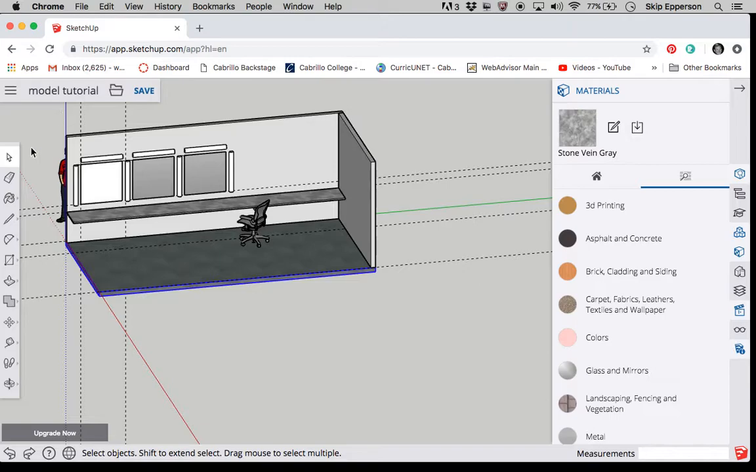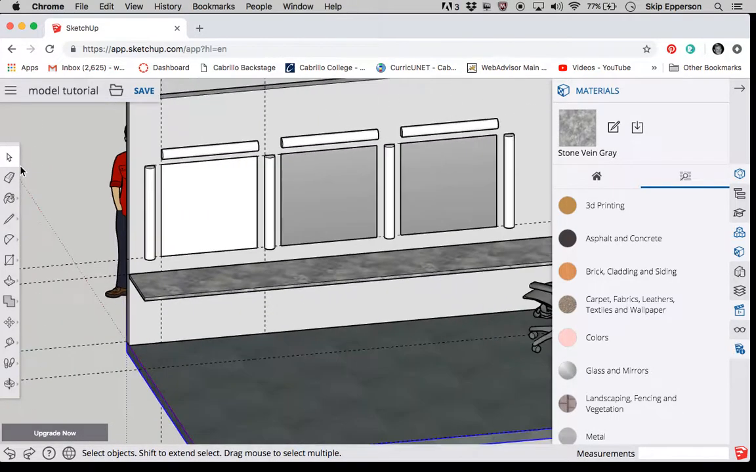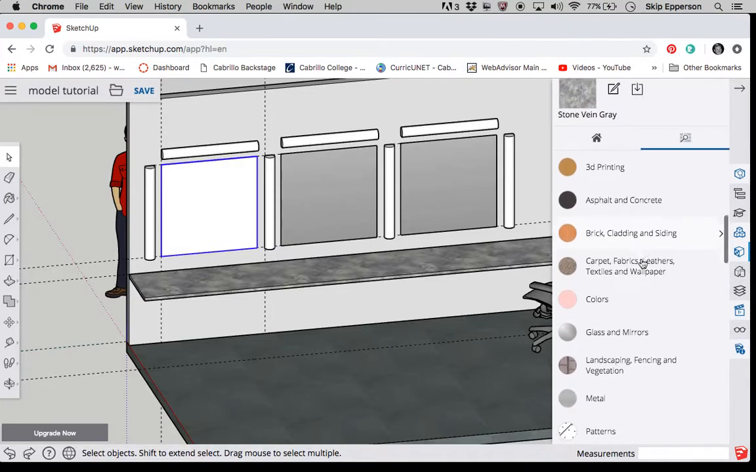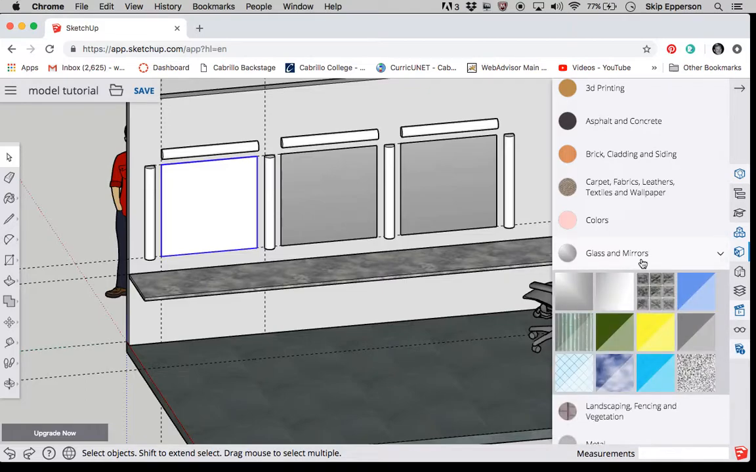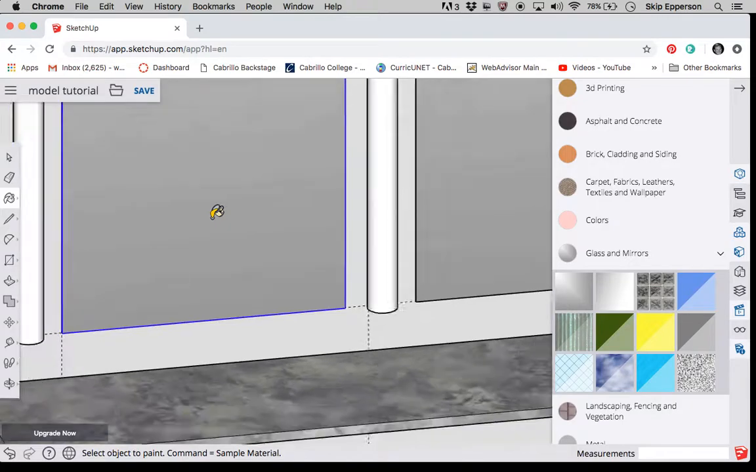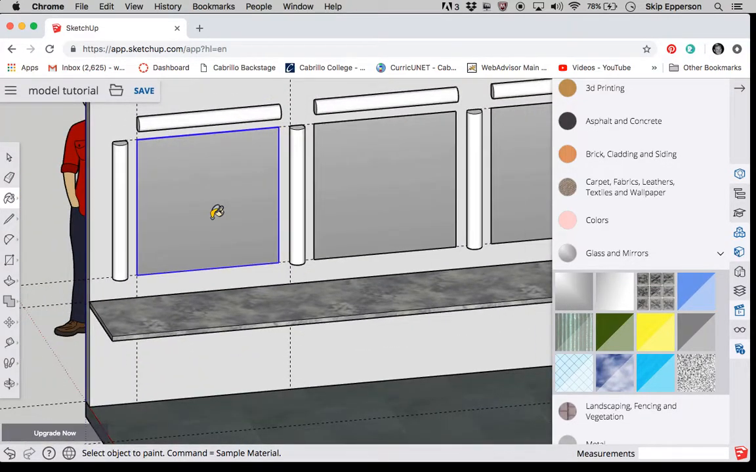All right, let's paint the mirrors and be done with this. To paint the mirror, I'm going to activate it. Go over here to glass and mirrors. That's an interesting thing. And let's see. I'm going to click on this. See how that looks. Click on it, and it has given me a surface that kind of looks like a